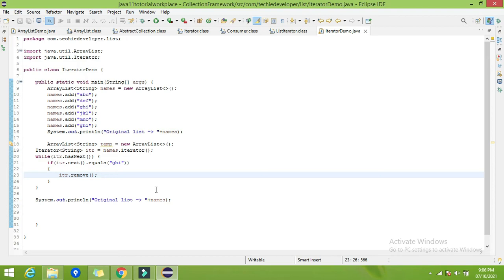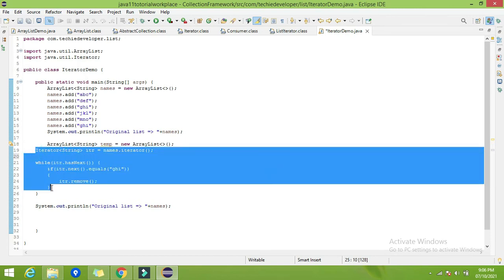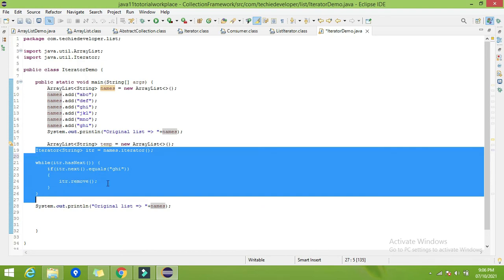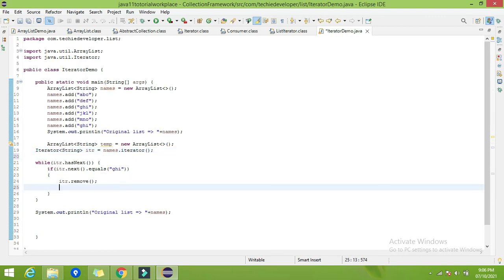Let me explain this with an example. Consider this iterator as one thread which is working on this names ArrayList. It is iterating over it. Now while iterating, let's consider I want to add a new element to the list.